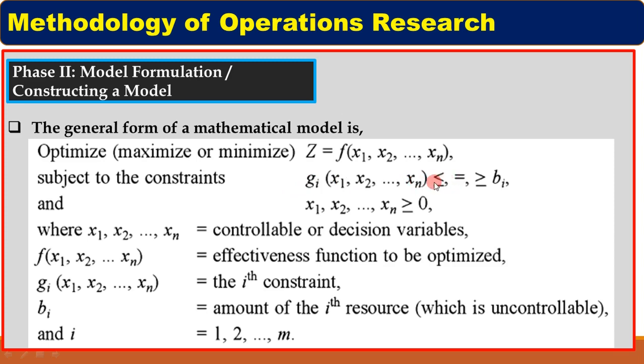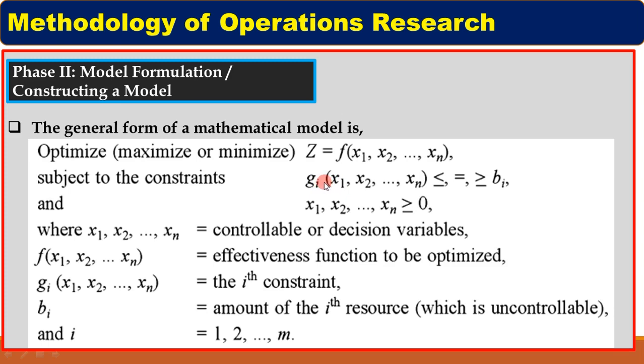These are the three types of notations used in the constraint equation. The less than or equal to, or the greater than or equal to, is an inequality in the constraint equation, and if the equal to sign is used, it is termed an equality in the constraint equation. So like these, constraint equations are represented, and there may be two or more constraint equations present in